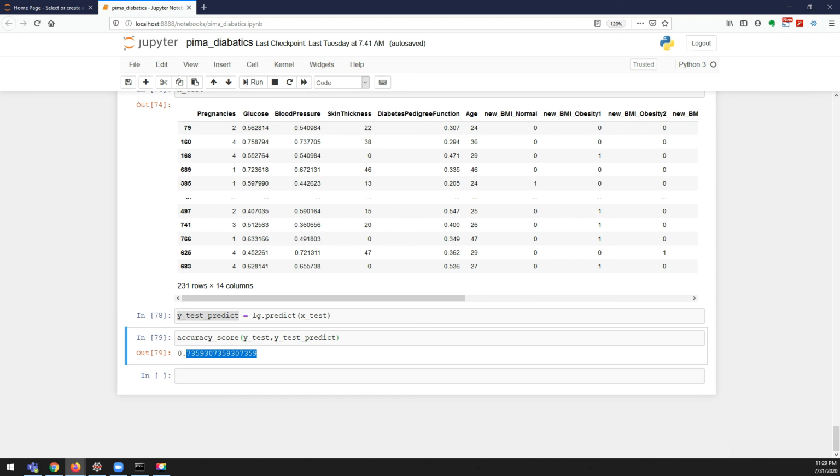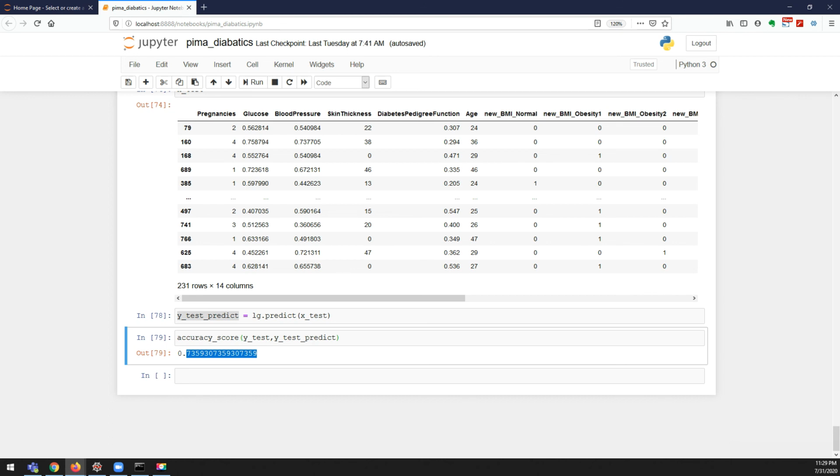This just says the overall accuracy. But in my case, I'm much more worried about a way where all the diabetic patients should be predicted as diabetic, or all the non-diabetic patients should be predicted as non-diabetic. There should not be any mistake.